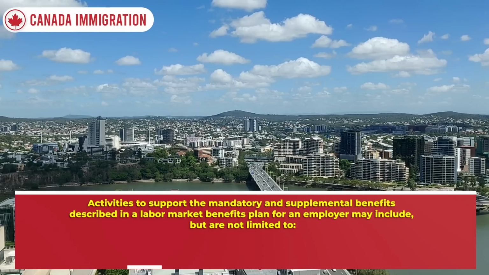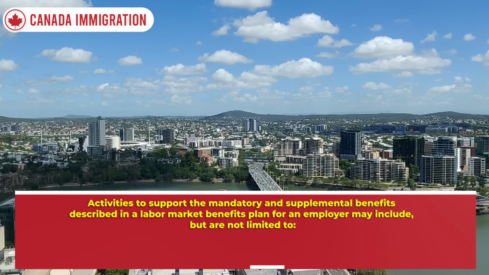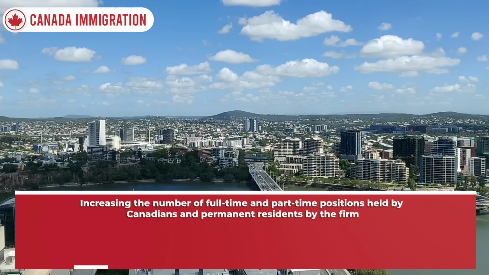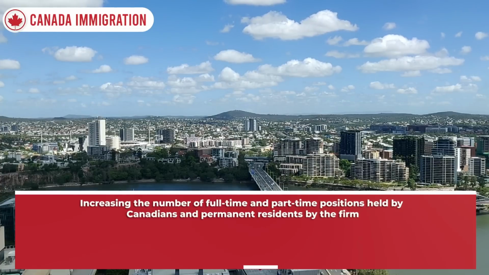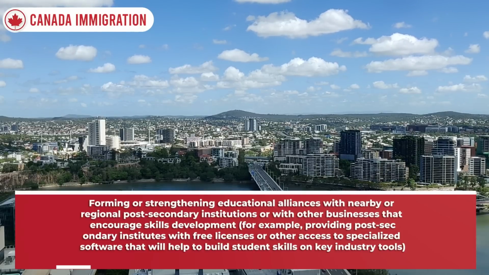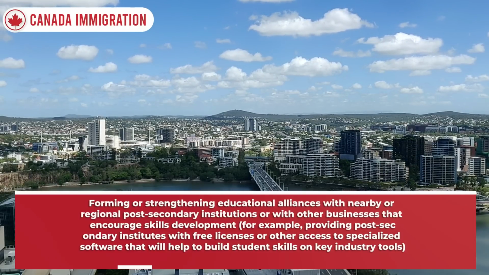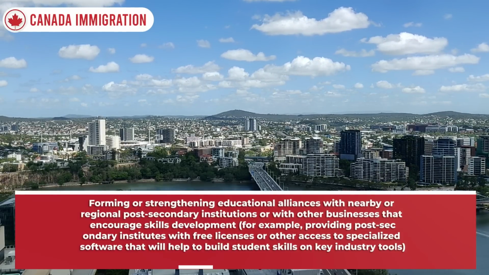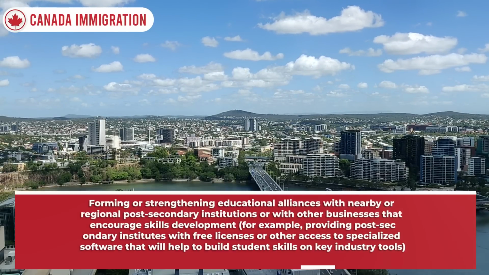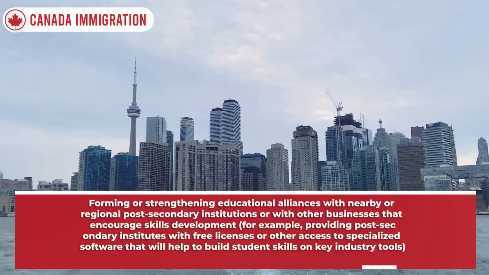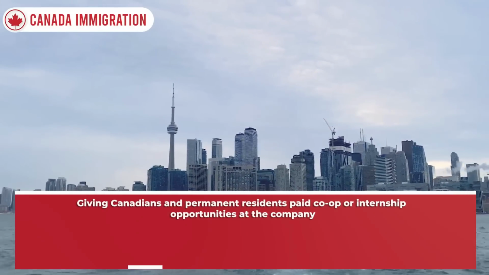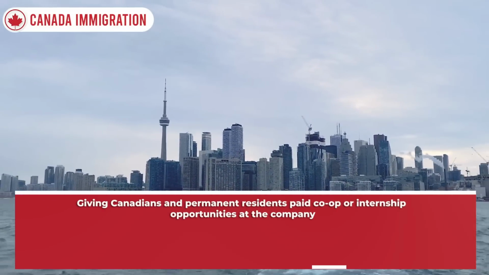Activities to support the mandatory and supplemental benefits described in a labor market benefits plan for an employer may include, but are not limited to: increasing the number of full-time and part-time positions held by Canadians and permanent residents by the firm; forming or strengthening educational alliances with nearby or regional post-secondary institutions, or with other businesses that encourage skills development, for example, providing post-secondary institutes with free licenses or other access to specialized software that will help to build student skills on key industry tools; giving Canadians and permanent residents paid co-op or internship opportunities at the company;